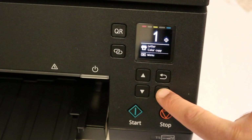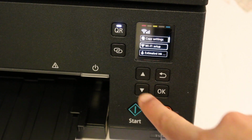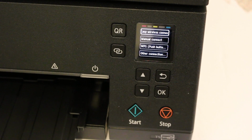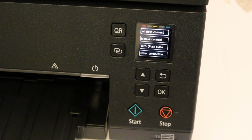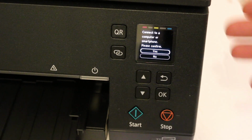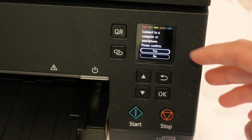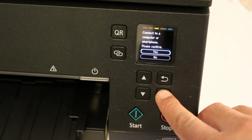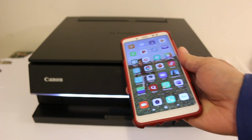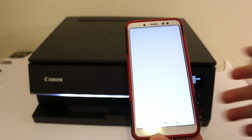Now click on the OK button and you will see the Wi-Fi setup option. Scroll down and press OK. Easy wireless connect, which is on the top, so click OK again. Now it says connect to a computer or smartphone and you have to confirm. Click yes, press OK. Now go to your smartphone and download the Canon Print app from the App Store,